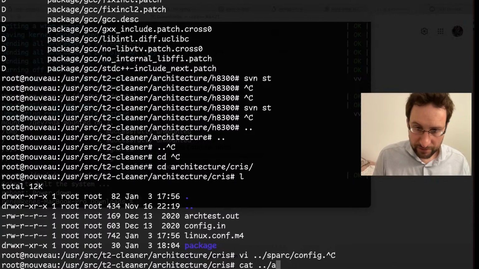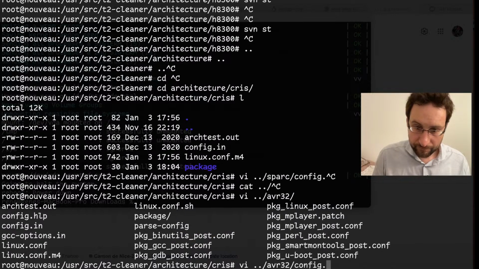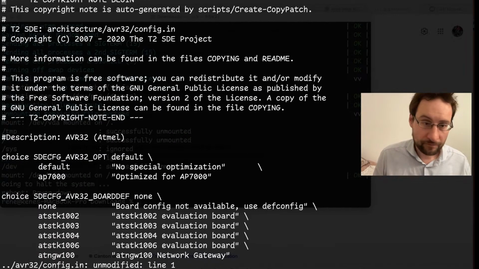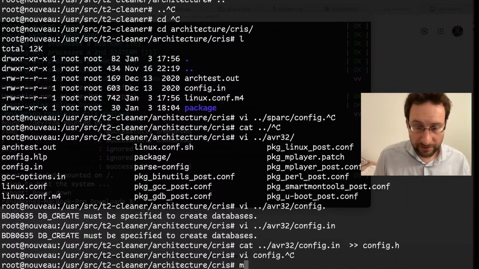Do we have AVR? Yeah, we have some. Config. What do we even do?